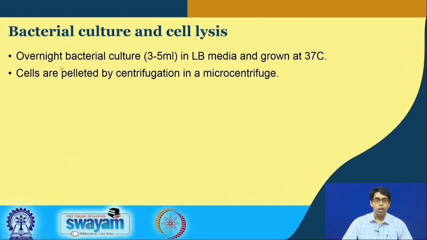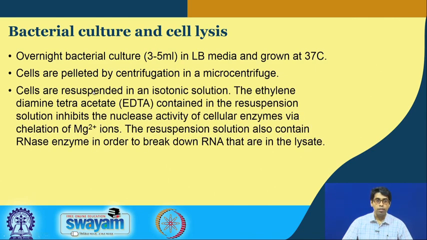So, you start your bacterial culture, let us say in the evening at 5 p.m., you let it grow, and come back the next morning at 9 in the lab. Now, you have your dense bacterial culture in this 5 ml media. You spin down the media in a centrifuge, which results in the precipitation of all the cells. That is, the cells are pelleted out, and you have a clump of cells at the bottom of your centrifuge tube. You throw the media from the top, and now you work on the cells that are precipitated out.